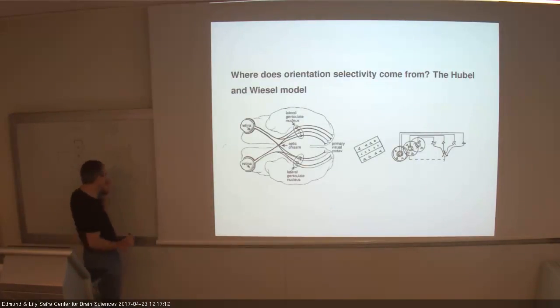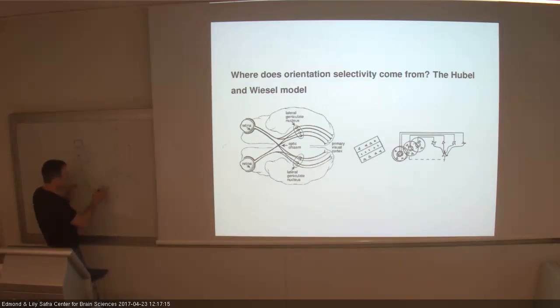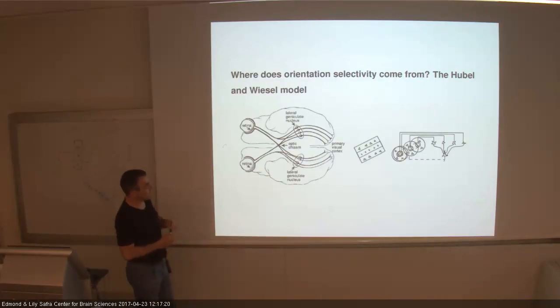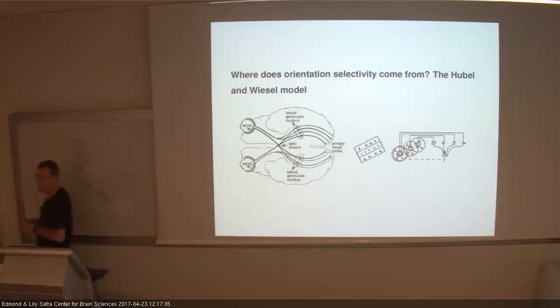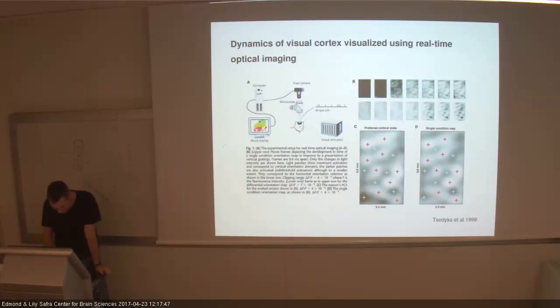Now, if we think that selectivity is the outcome of this particular connectivity, then it raises the question of what do all the other inputs do to the activity of the neurons, most of them. You can think about it like this dark matter in physics. You don't know what most of the stuff is. So similarly, what are these dark synapses? What do they do? That's one issue. Another is that